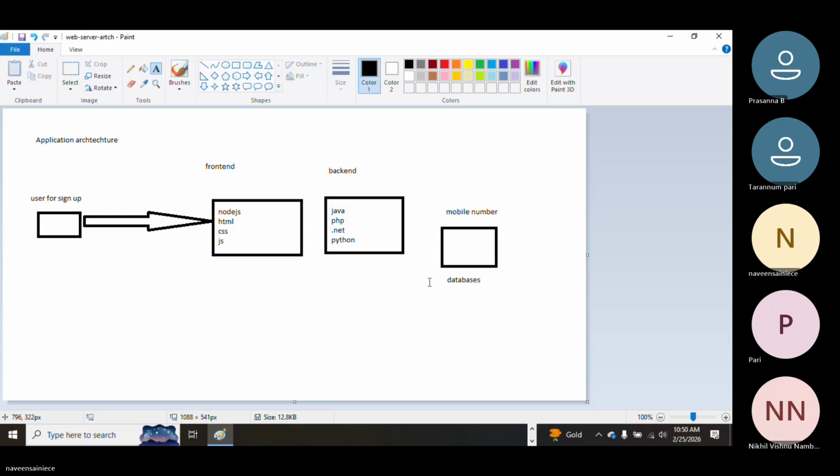Whenever it is a real user, the front end will give the request to the backend, and the backend will check the mobile number or email address in the database. If the user exists, it will show the response that login is successful. That process is called this complete architecture.